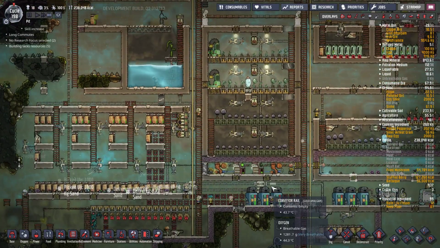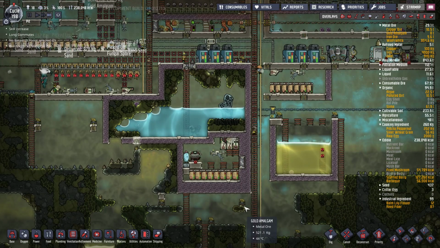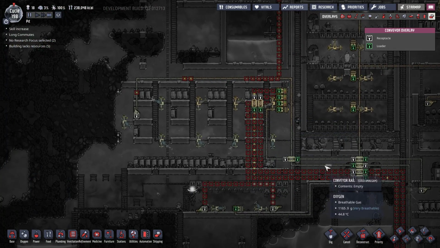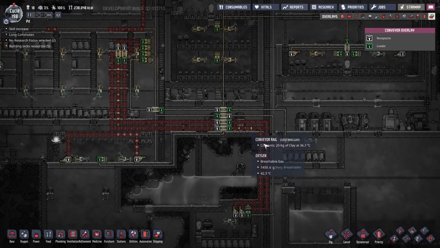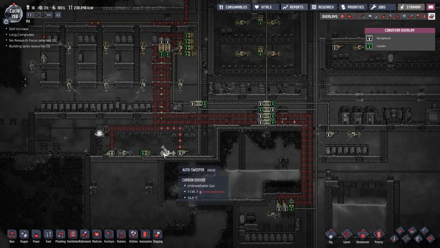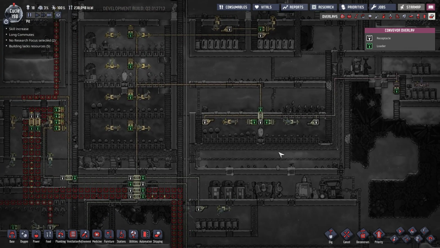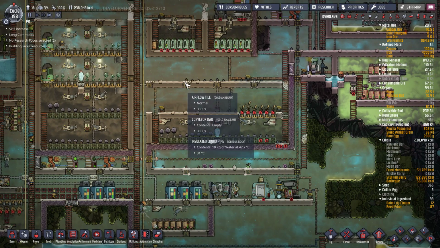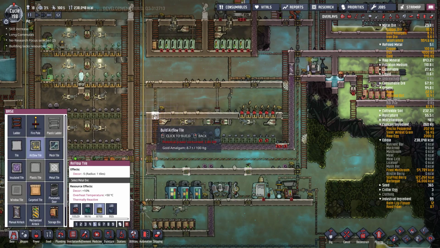Perfect. In theory. Are any of these things jammed? Our input is not jammed. That is our input. That's all. That's not producing anything. And yeah, those only pull the phosphorite there when needed. So then, only thing left to do then is...